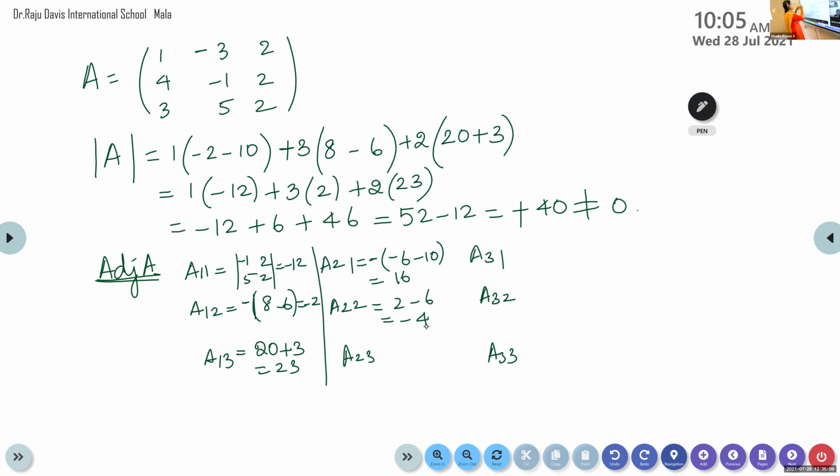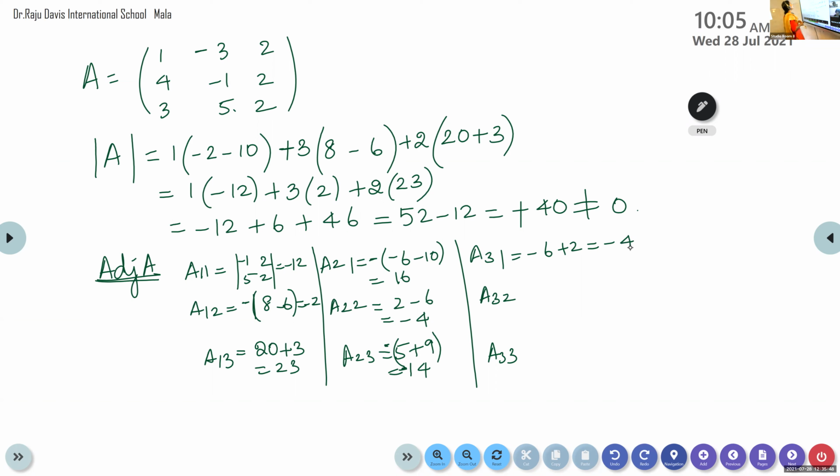Now look at this one, 8, 2, 3. Leave this row and column. From the determinant itself, try to find out. 5 minus of minus 9, isn't it? So it will become 5 plus 9, which is 14. What about A31? Here you will get minus 14, isn't it? For the positional value, if you take, it is minus. So it will be minus 14. Then A31, it is plus. For third row, first column, if you leave, minus 6, minus of minus, so you will get minus 4.